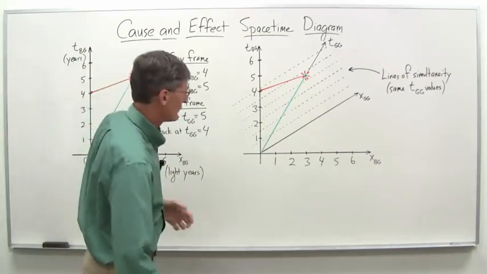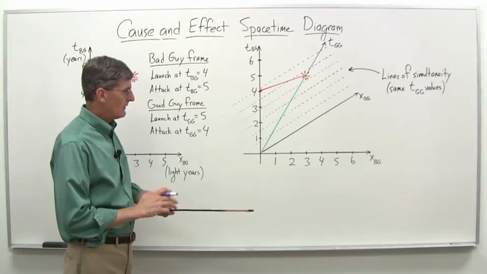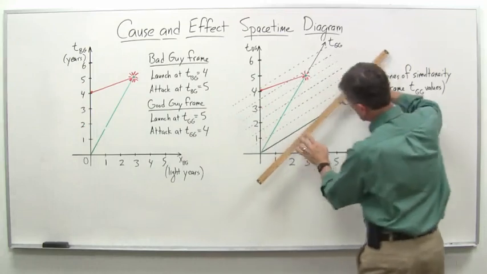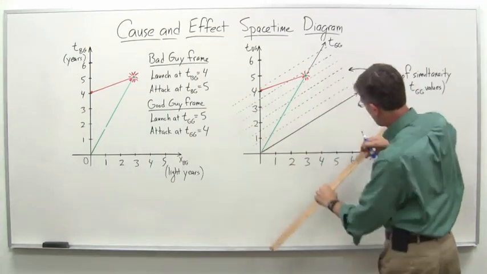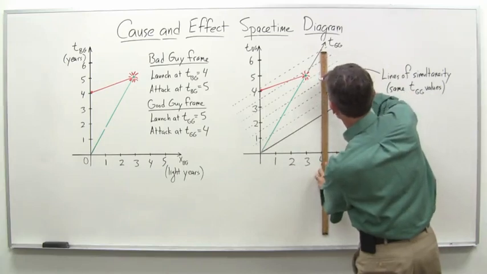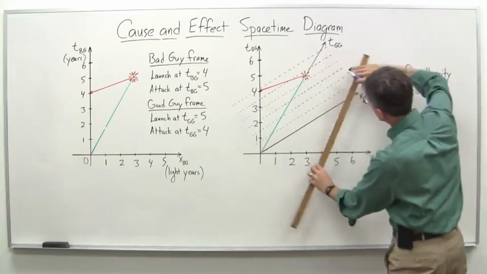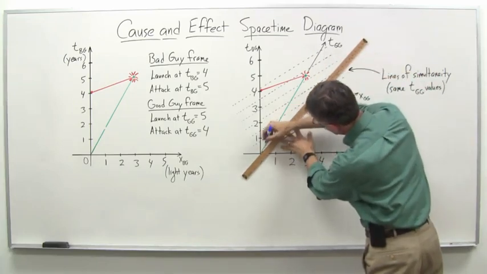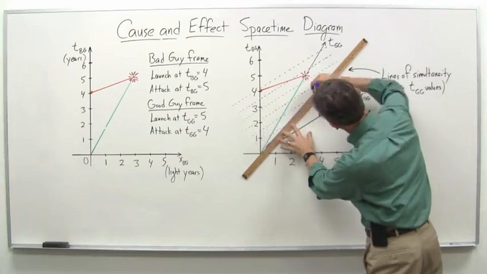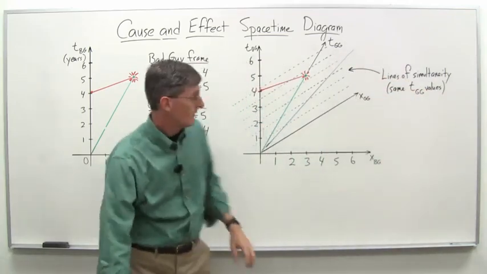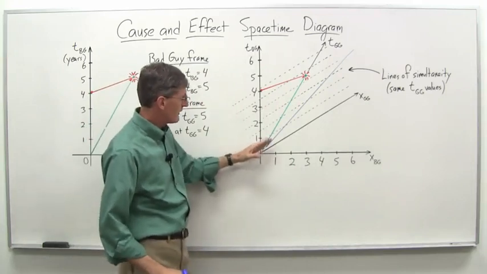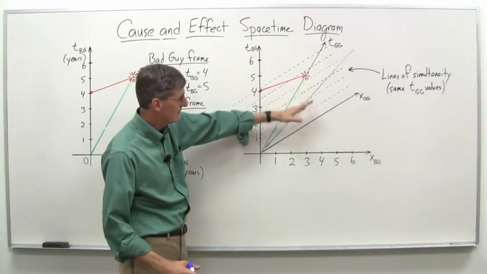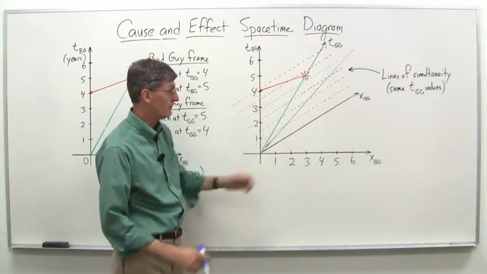Now, one other point here I want to make, I'm going to try to draw in the 45-degree line here for a world line of a light beam, say. So, I'm just going to eyeball this, but actually we can do a little bit better. We'll do 4 here, and that's about right there, roughly speaking. It might be off a little bit there, but something like this. Okay, so there is blue light there. So this is the world line of a light beam traveling along. It should bisect these 2 axes. I got it off slightly, but it bisects the 2 axes here, bisects any of the axes we draw.